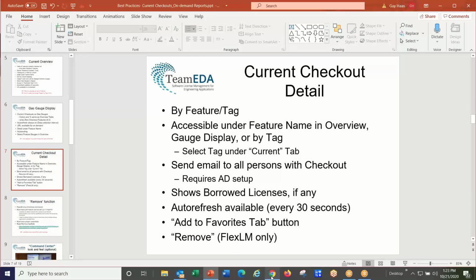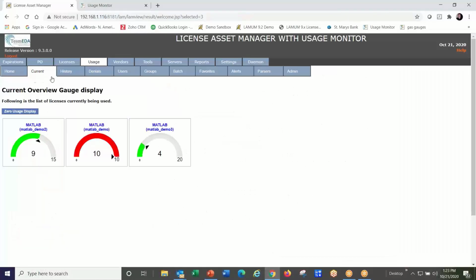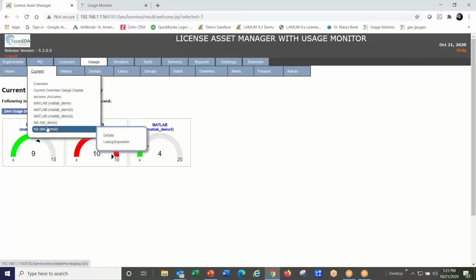Next one, current checkout detail report. There's a lot of data here. It's by feature or by tag, and I'll show you the differences. If you come down here, these are all tags. So if I do MATLAB, well, let's do this one right here. If we do details on this demo one right here,